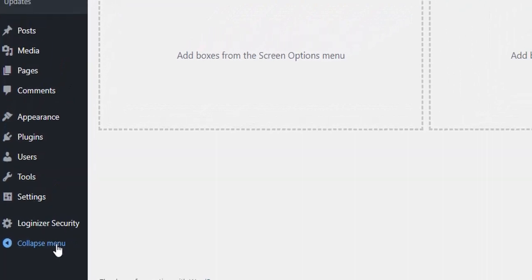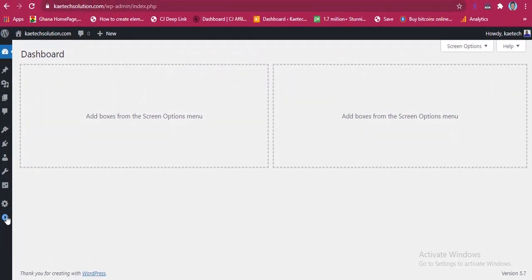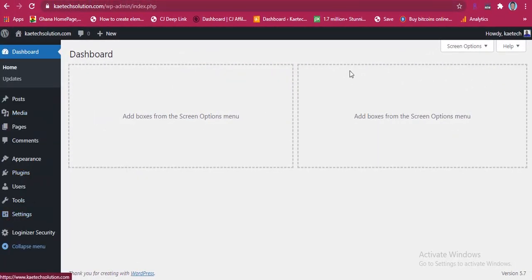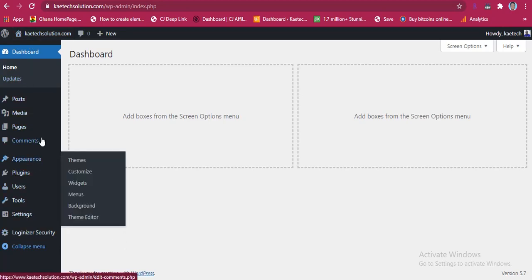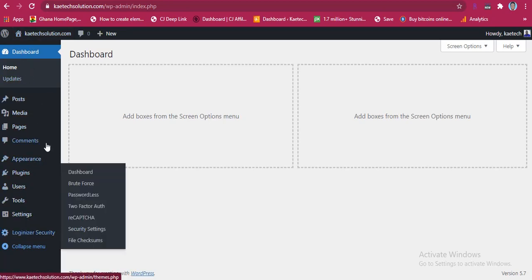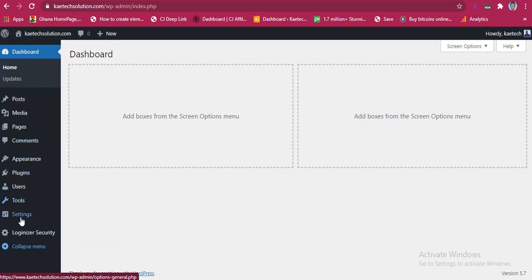Now if you want to collapse it, you can click over here to collapse it. So basically that is the small description of all the menu items over here. So let's jump over and then start designing our